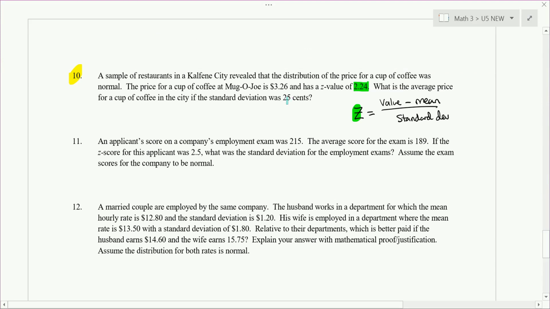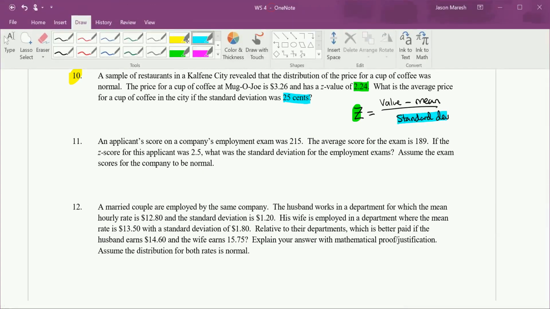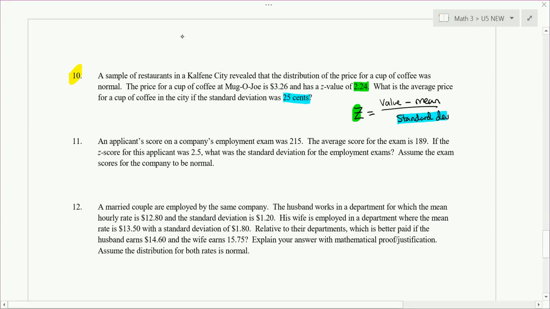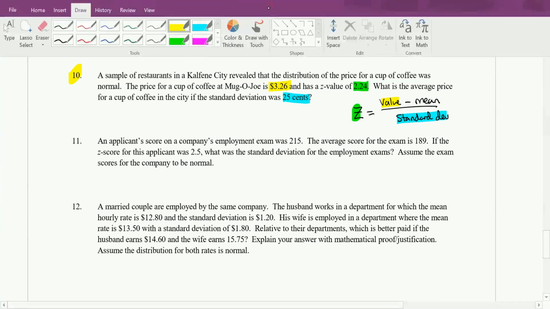We're given the standard deviation, 25 cents. And we're given the value, because that's the price for a cup of coffee, and we're looking for the average price, which is the mean. So we're going to plug this into this formula,